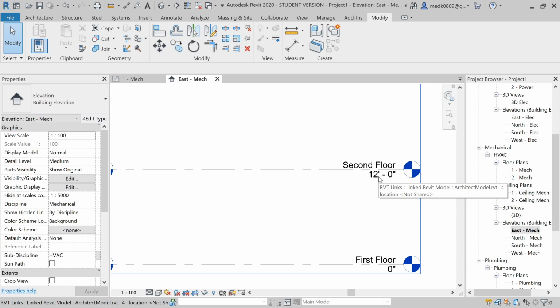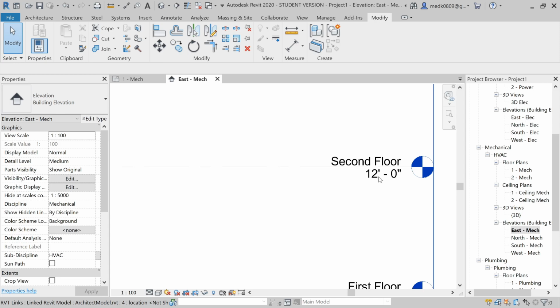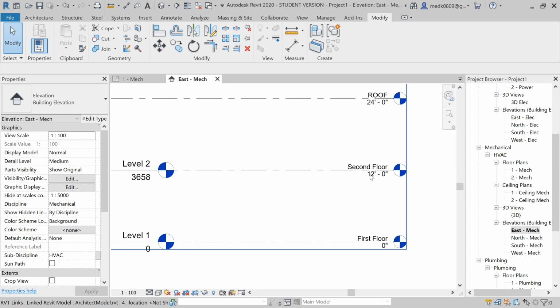So how will we MEP engineers get to know about these changes? For this we use Copy Monitor. With the help of this tool, we continuously monitor the levels created by the architecture team so that any change made by the architecture team can be used by the MEP designers.